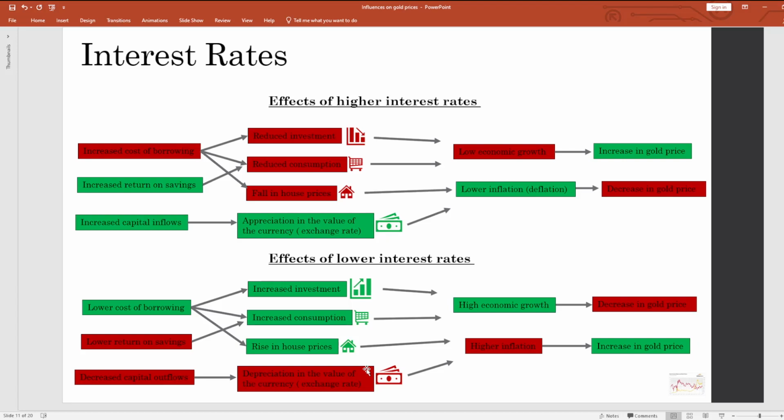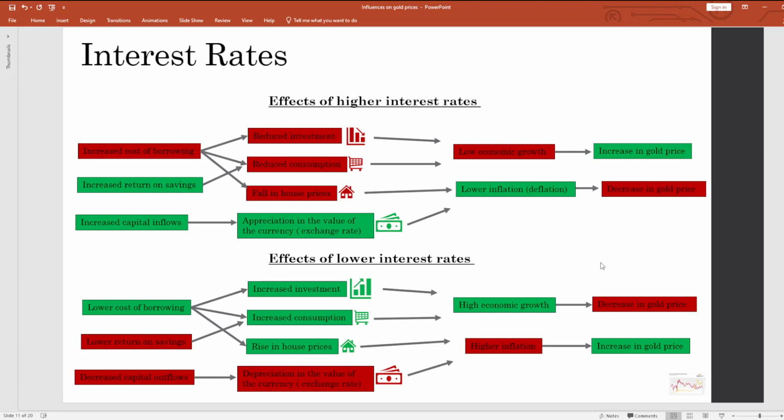Okay, so again we get mixed signals, just like the previous example. High economic growth, that should decrease gold prices because everything is going well, so there is no risk, no geopolitical risk, no financial risk really, although that's arguable, because if the economy is booming, then for sure there'll be a bust at some point. It's inevitable. But anyways,